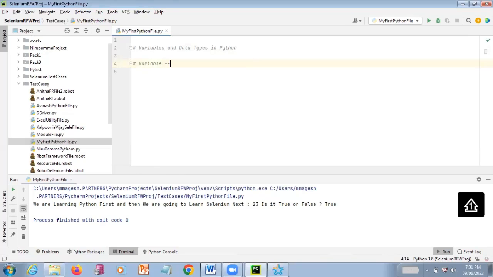A variable is nothing but a memory location where you are just going to store your data. That means, for example,